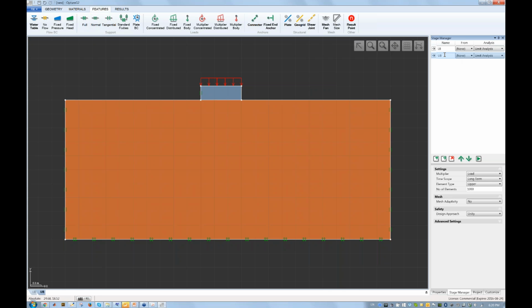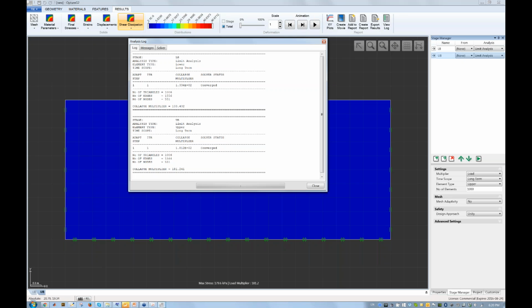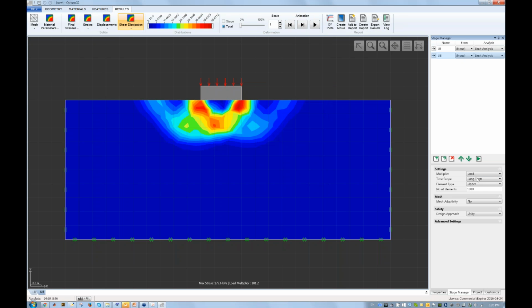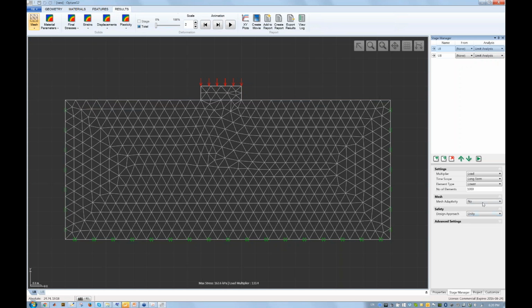But I have these two values, a lower bound of 133 and an upper bound of 181. And to improve on those results, I can do two things. I can increase the number of elements, or I can use mesh adaptivity. And how to use mesh adaptivity? Well, you say yes to that in both stages, and